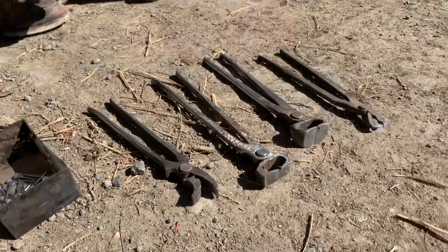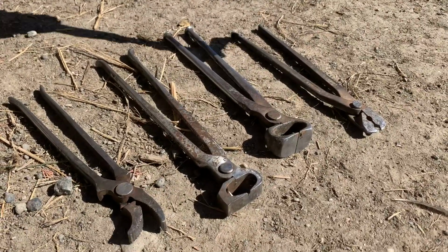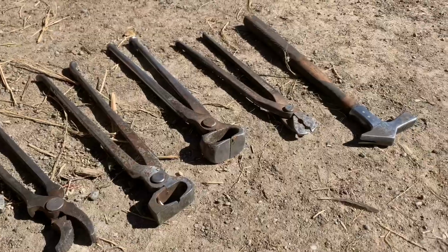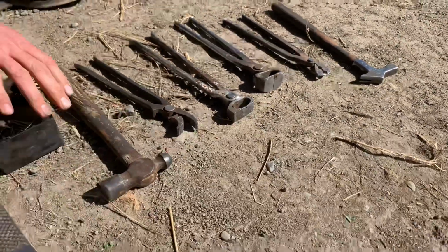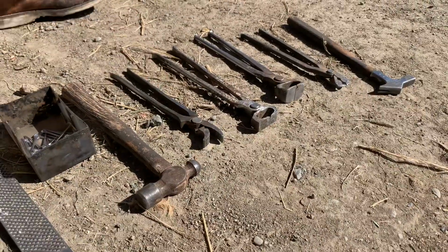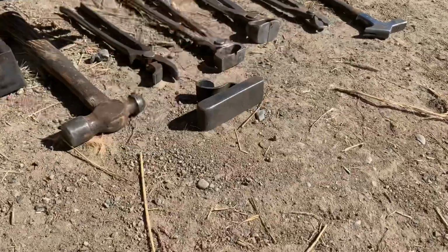These are nail creasers. That takes a nail out if you drive one that you don't like the height on. This is the actual hammer that you would nail your nails in with. That's just another little hammer that I use secondary to my driving hammer. This is called a clinch block. This seats the nail